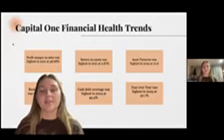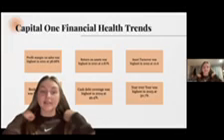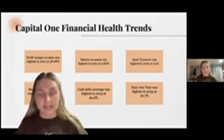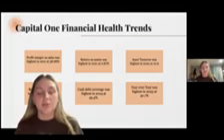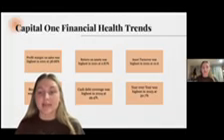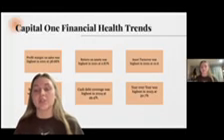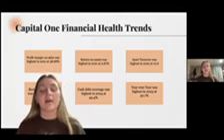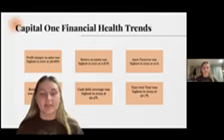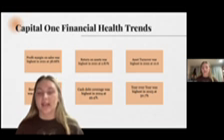So for Capital One's financial health trends, the profit margin on sales was highest in 2021 at 38.68%. The return on assets was the highest in 2021 at 2.87%. The asset turnover was highest in 2022 at 10.6, and the book value per share was highest in 2024 at $146.73. Then the cash debt coverage was the highest in 2024 at 49.4%, and the year-over-year was highest in 2023 at